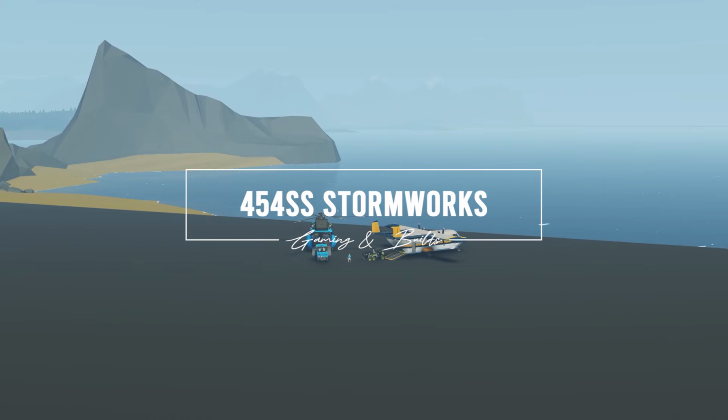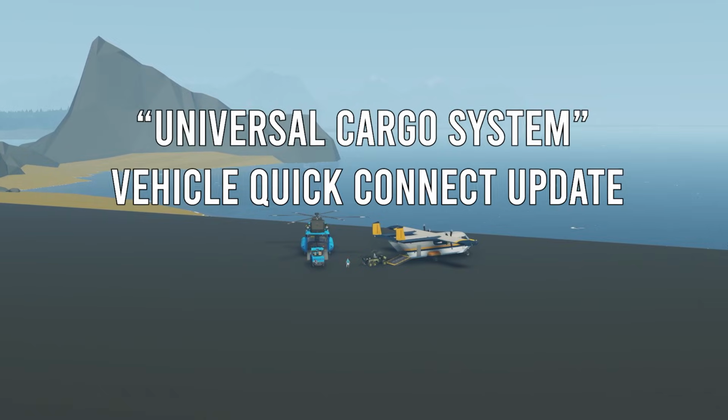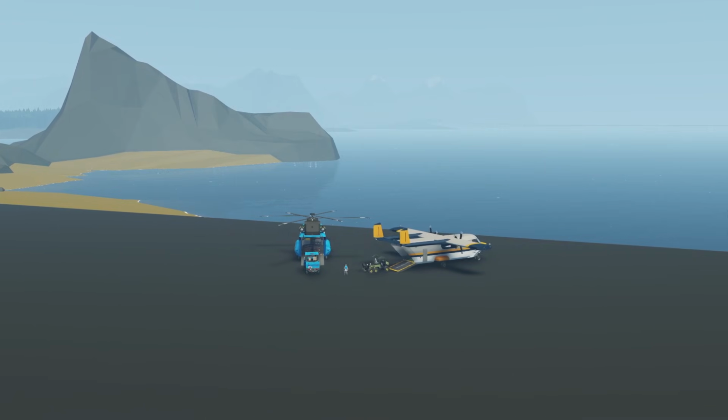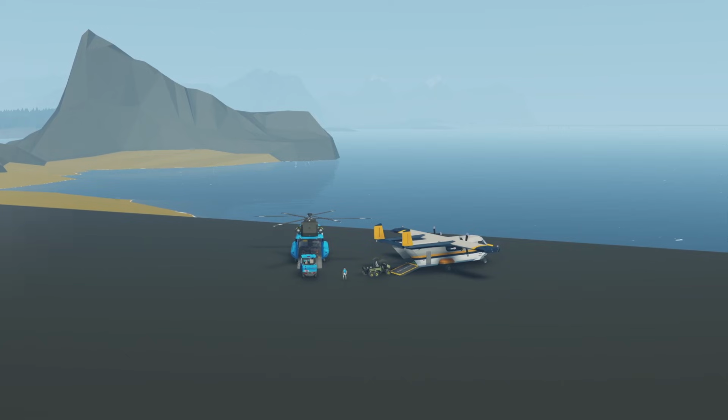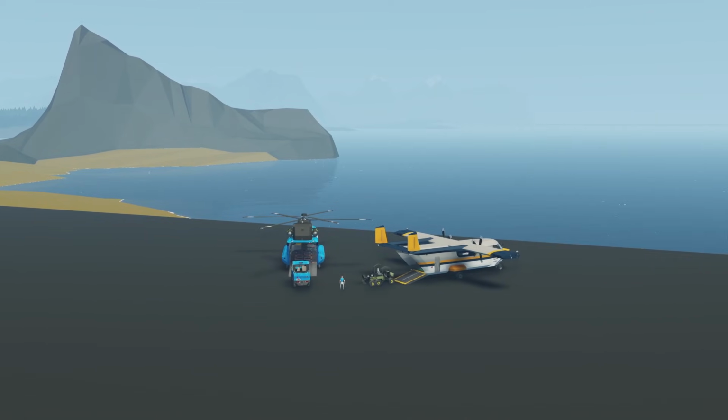Hello everyone, in this video we're going to be adding a new feature to my latest airplane, and this will have carryover effect into some of my other creations, including the cargo helicopter. But I just wanted to bring to everyone's attention that sometimes the most work goes into things absolutely